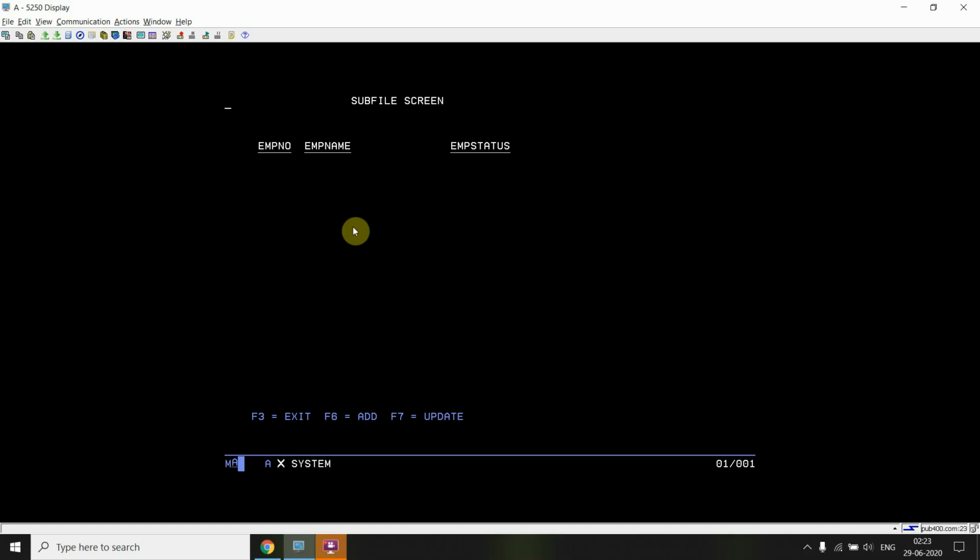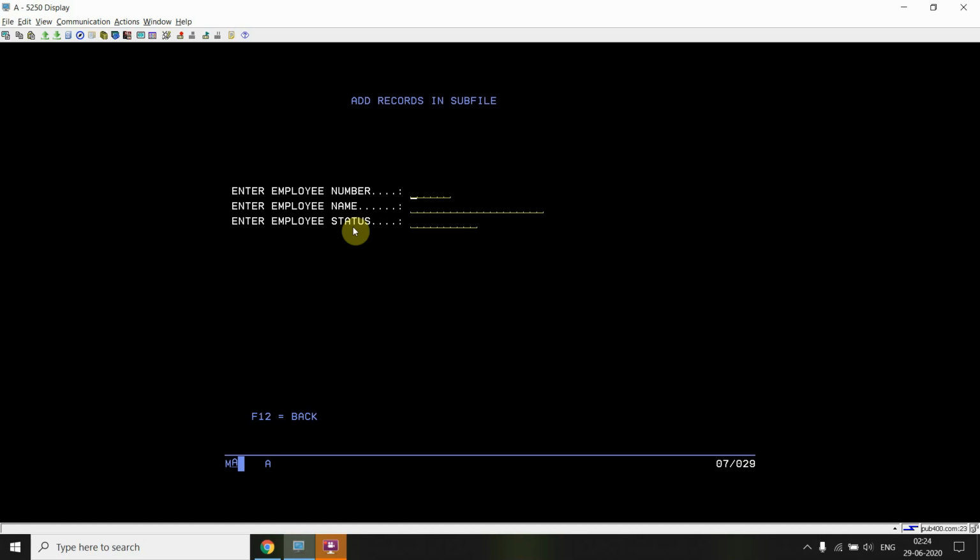Now if I press F6, I have the add record screen. For example, I'm not giving any value and pressing enter. I can see that I have applied the validations on this screen as well. Employee number cannot be blank, for example.